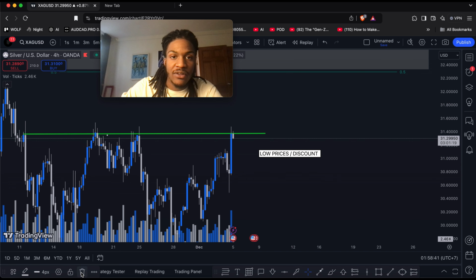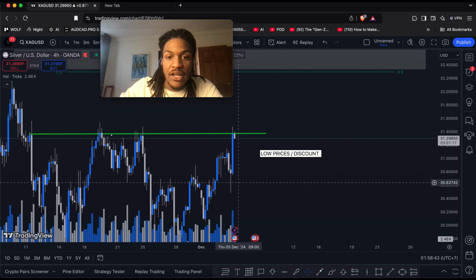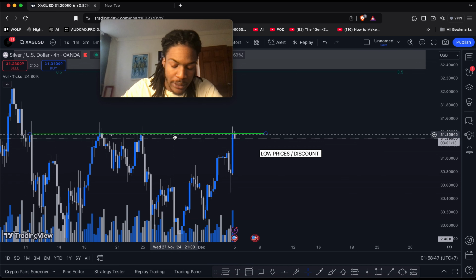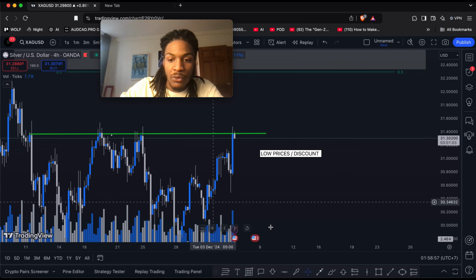You ever heard of the break and retest? It's literally all it is. We're just breaking a liquidity area. By liquidity, I mean areas where there are large amounts of orders from retail traders, basically stop loss areas. Because if you were a retail trader selling at the green line, thinking it was resistance,